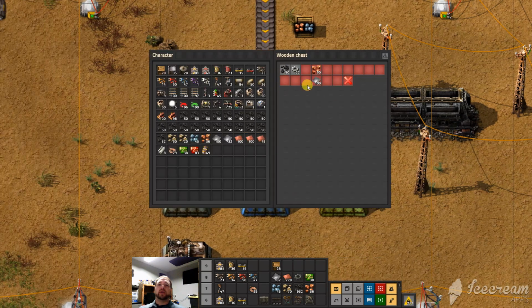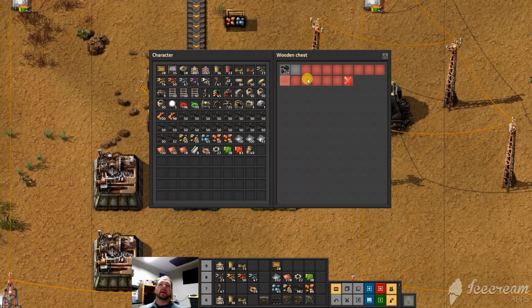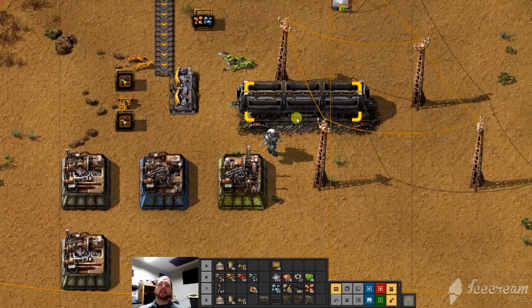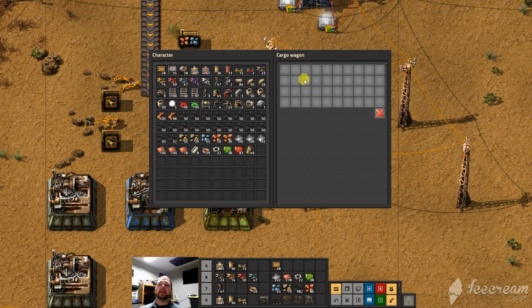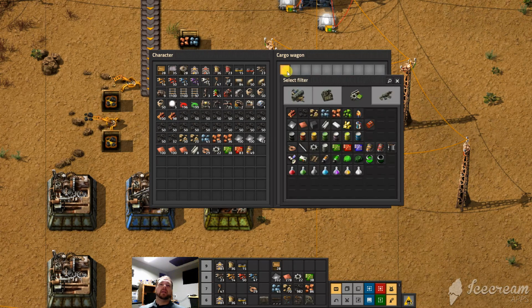In a box, you can tell it to not store anything. You can tell it to store things. But a middle click on any one of these will not do anything. It won't affect what can go in there. A train, however, you can actually pick exactly what item goes in every box. Of course, it does have the standard red filter of nothing goes in there, but if you middle click, you